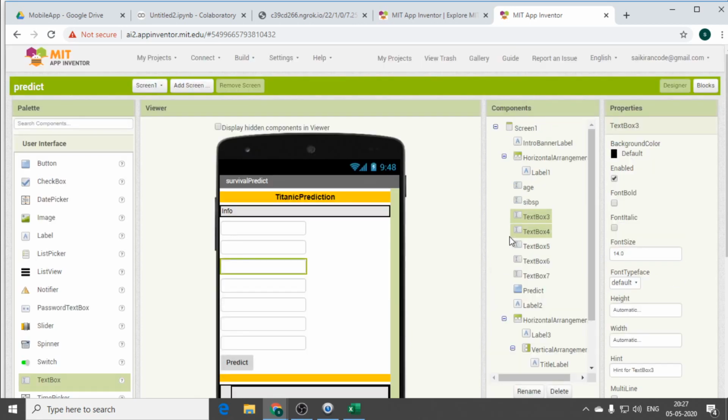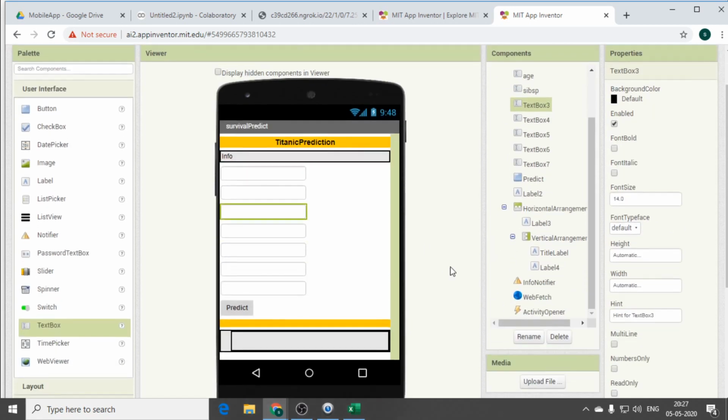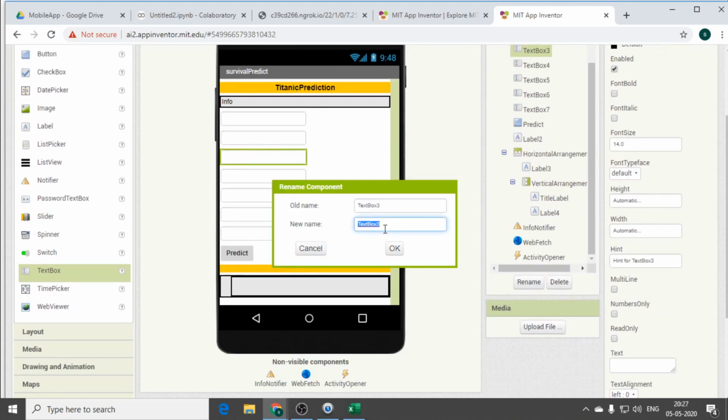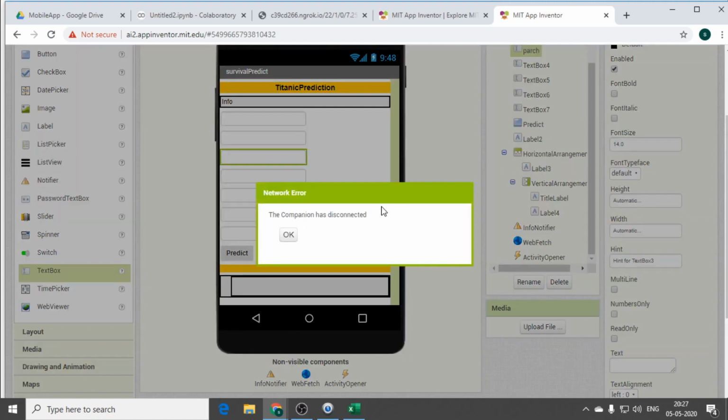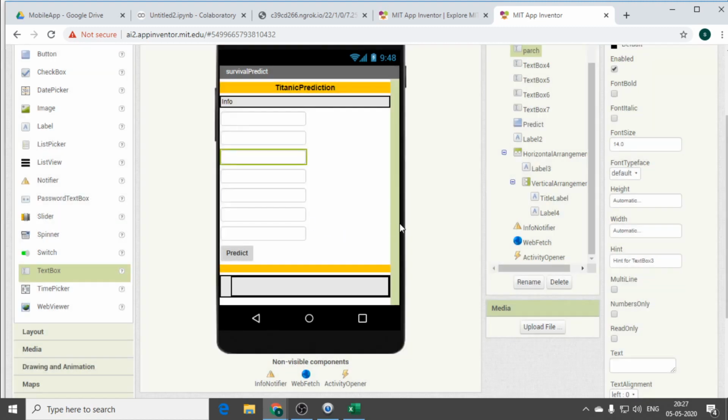Next, text box 3, just rename. You can give any names, parents or children. You are going to experience a very good thing if you follow. Parents hyphen children, because these are numeric values. You don't worry about that. Parents hyphen children, to make sure whatever input you are giving will be applicable. Just 10 more minutes, you can see the output.